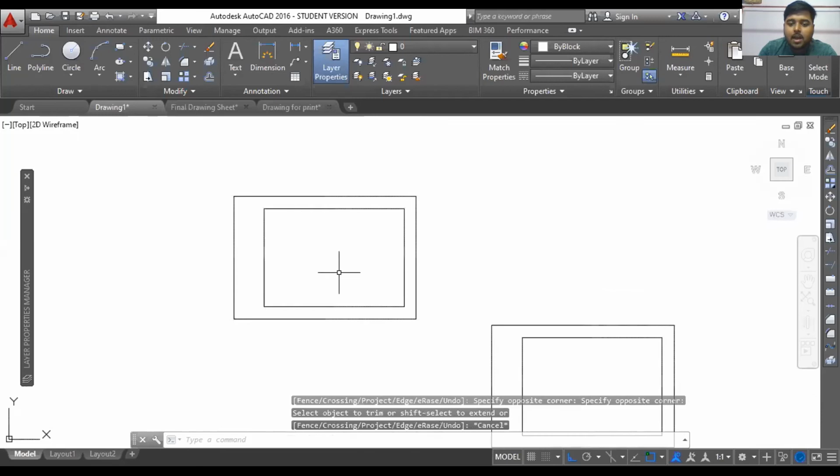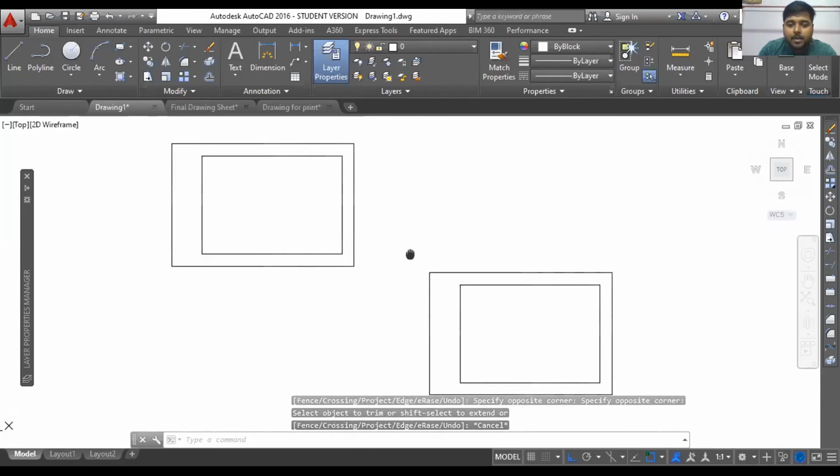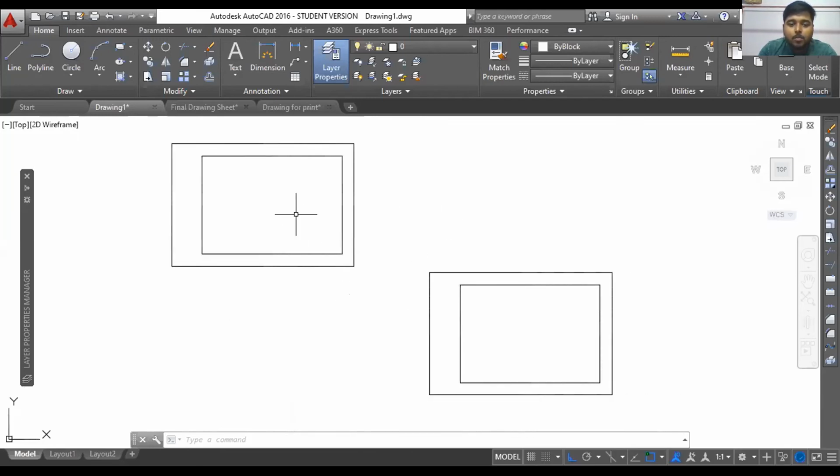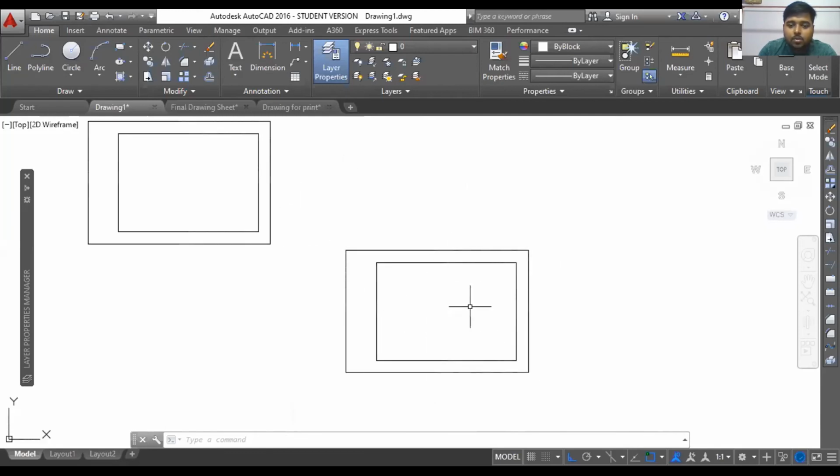So see, the result output is same, but the ways are different. Maybe it took me more time for this particular case. Maybe for this particular case, I consumed less time. So it depends on you. And in that point of view, your AutoCAD knowledge matters. Because if you have a pretty good idea about different options or different commands, you will approach in a much faster way. Your time will be saved with knowing many of the commands.